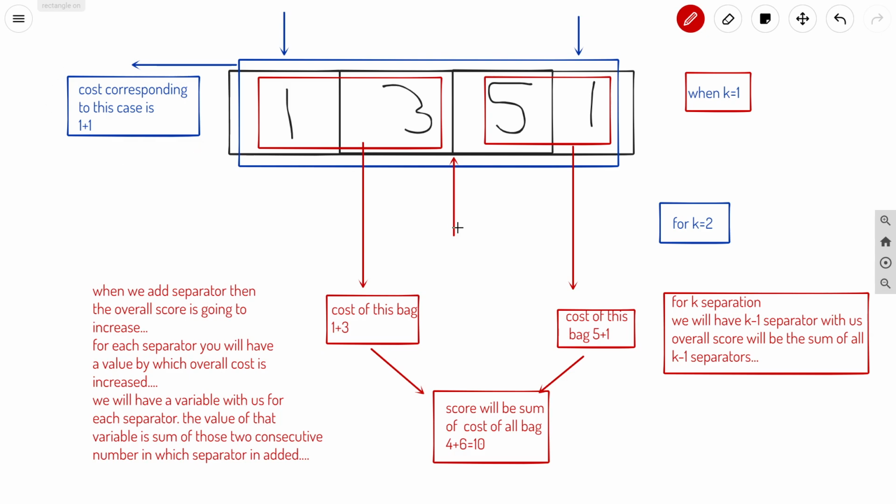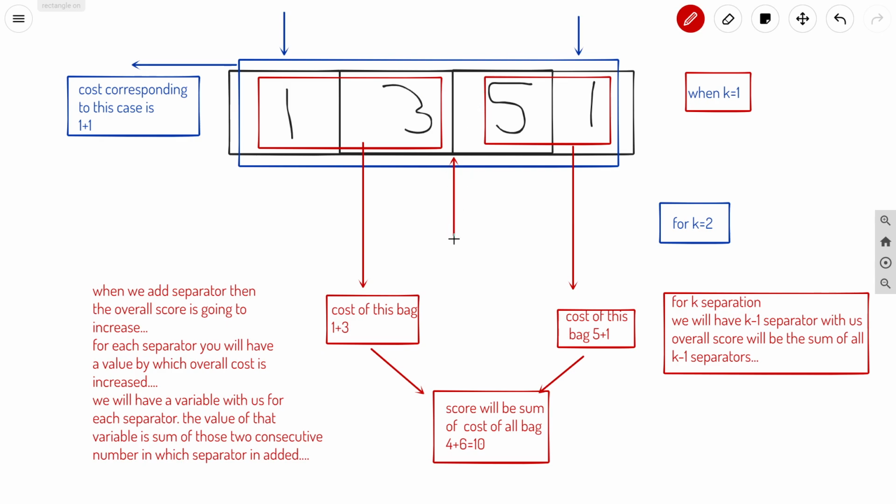So what we will do, we will find the value. We can see that there is a value corresponding to each separator, and the value is nothing but the sum of those two integers between which that separator has been inserted. So for this separator, you can see that the sum is nothing but 3 plus 5.